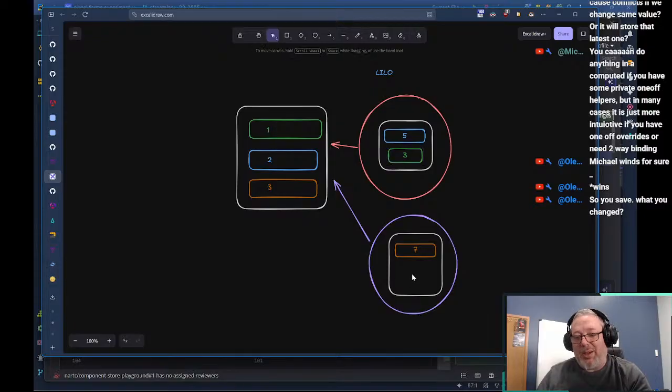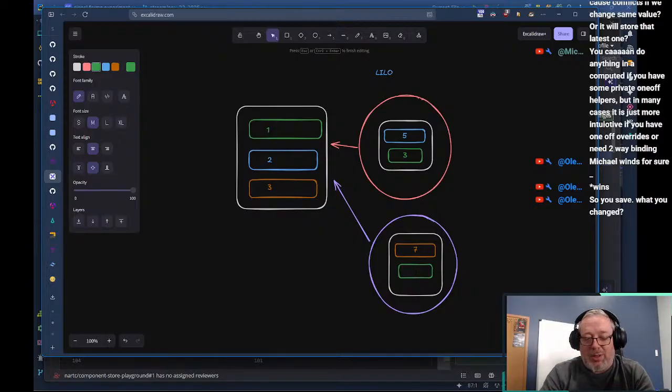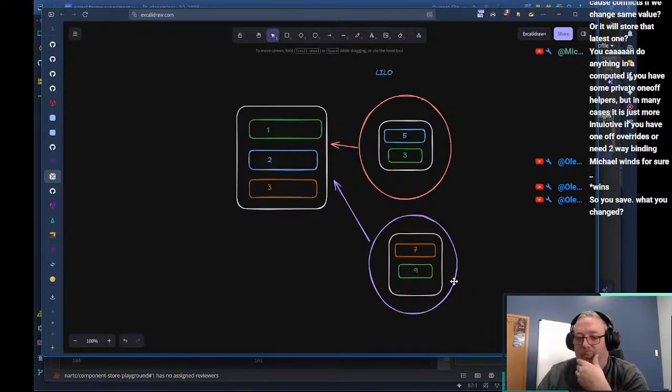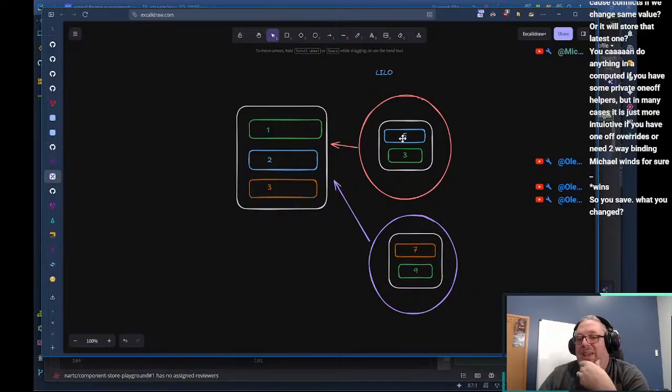And then maybe here we do a green 9, right? Well, great. In this case, when this person saves, it becomes 353. Okay, we're good. However, we're again in a last in, last out situation. When this person saves, it becomes 957 because they saved last.